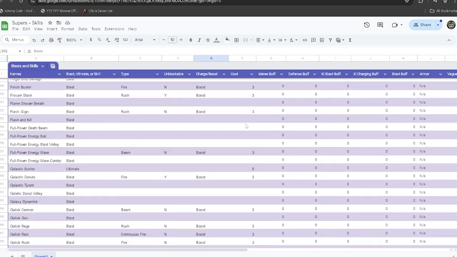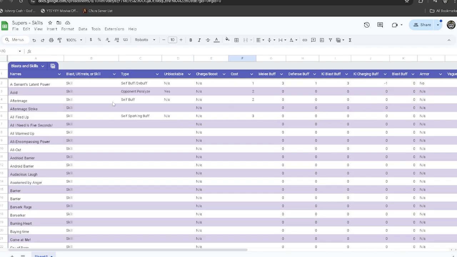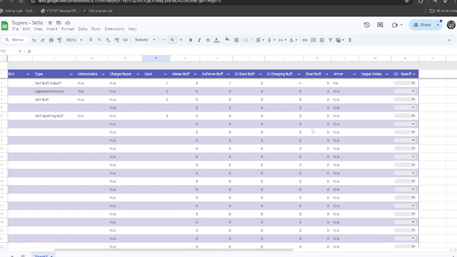And whenever we get up to the skills, for example, let's go up here. You can see whenever these are all filled in, it tells you servant's latent powers, self buff, debuff, and then it'll tell you it costs 1, and it says self buff plus debuff because this right here, key charging buff, is -1, blast buff 0, key blast buff 3, defense buff 1, melee buff 3. So it's going to tell you all this fantastic information about these super skills,